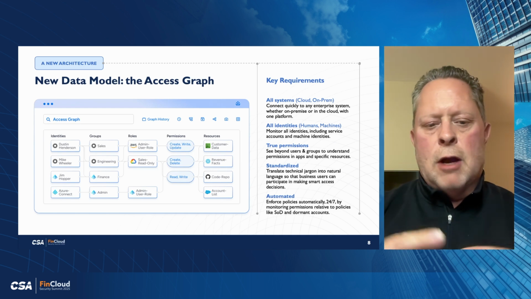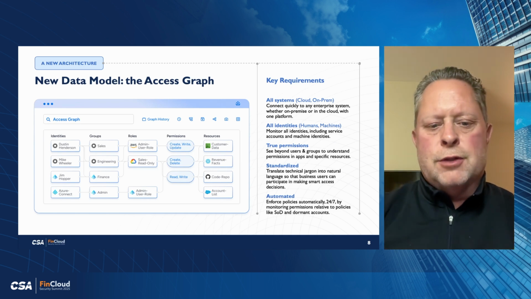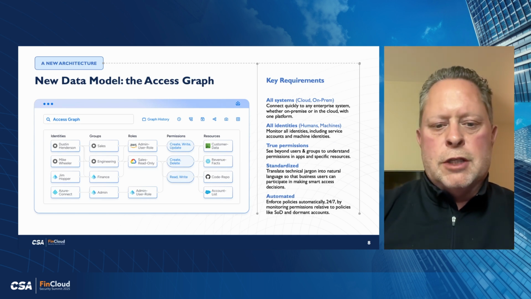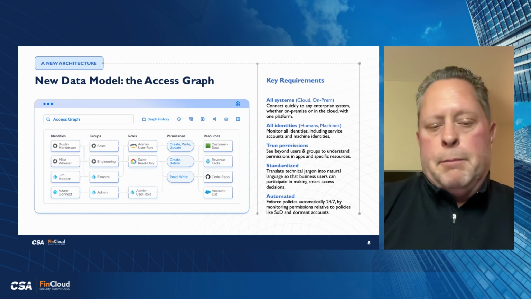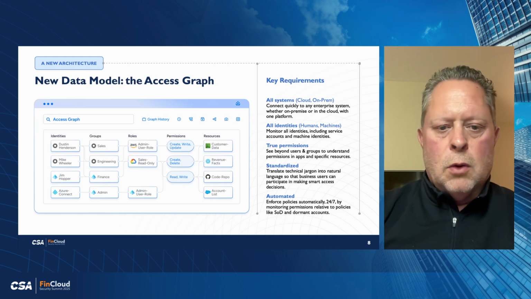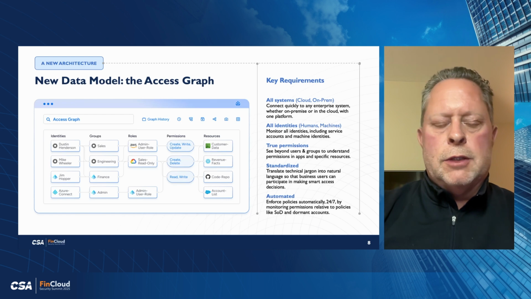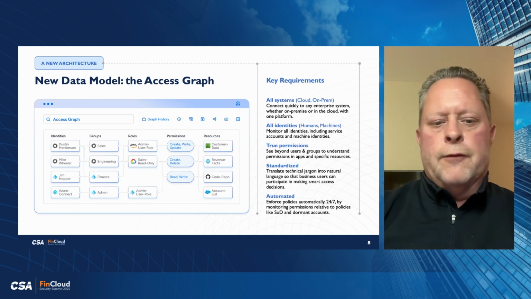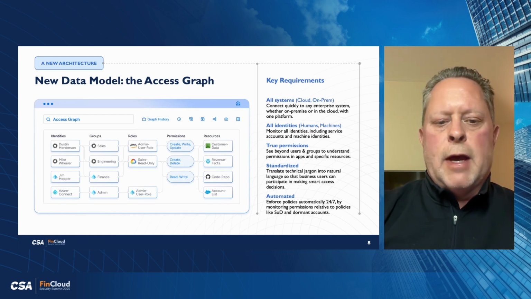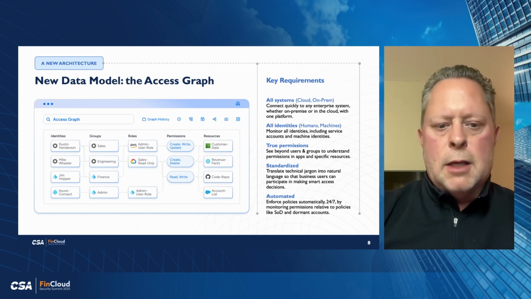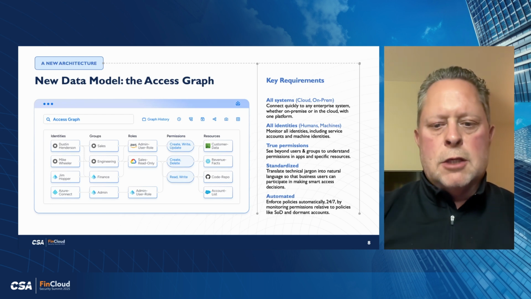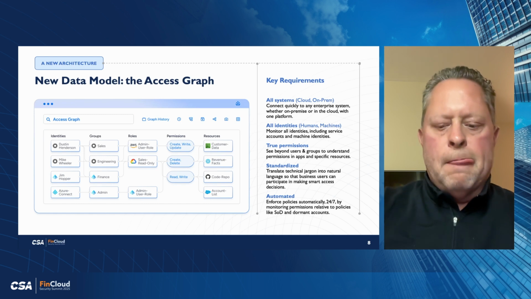So a good access graph needs to consolidate this down and standardize the language, so that you understand, for example, who has the fundamental ability to create or update data, because obviously those are the types of things that could impact the integrity of your data. Who can delete data? Maybe if it's read-only, it's not a huge deal. But understanding these different access patterns and levels of access is important, regardless of how complicated the individual platforms want to manage this. So the standardization component is really, really important as well.